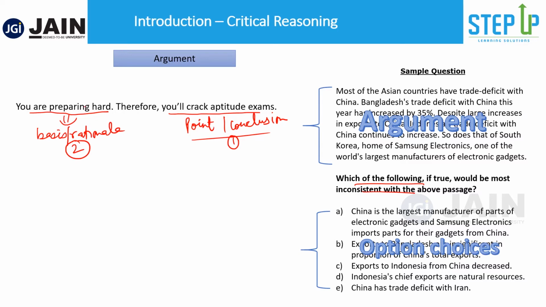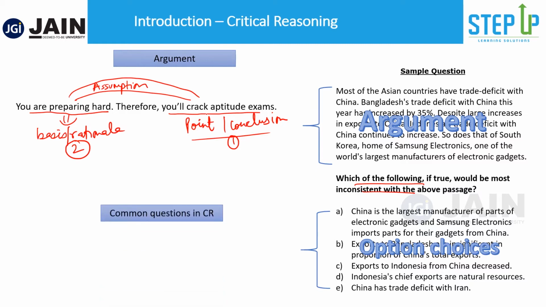There is also one thing which is not explicitly stated, which is really the unsaid part of the argument, and that is the linking between your rationale to your conclusion. And that linking is nothing but your assumption. That means here you are making an assumption that hard work leads to success in aptitude exams. So this is a very simple argument, but this just helps put things in perspective